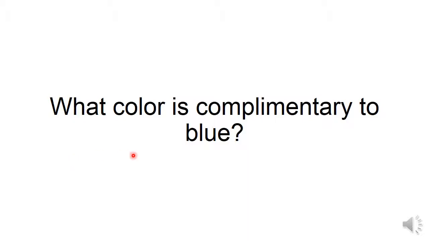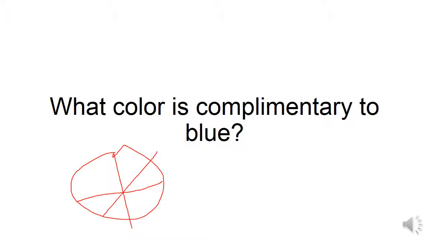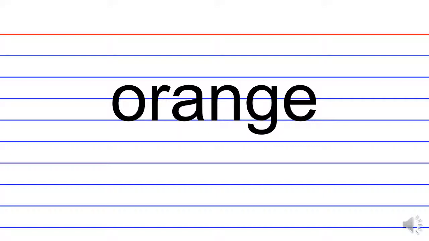So let me just illustrate for you what I'm talking about. So here's a color wheel, like a pizza pie. Sorry for my janky pizza pie. Let's say this color were blue, okay? Let's say this were some blue. What color are you going to find over here on the color wheel? That would be orange, okay? That would be orange. And knowing this is interesting because